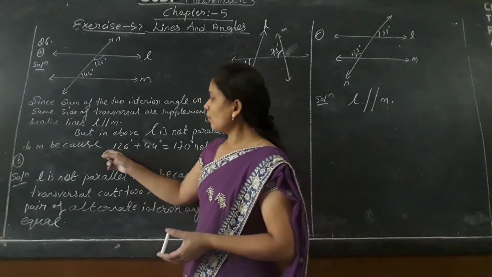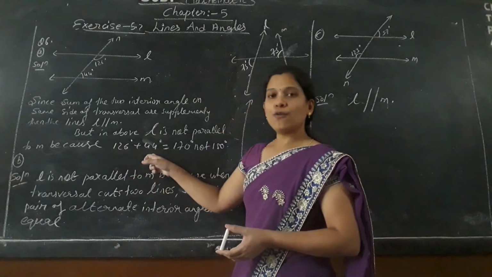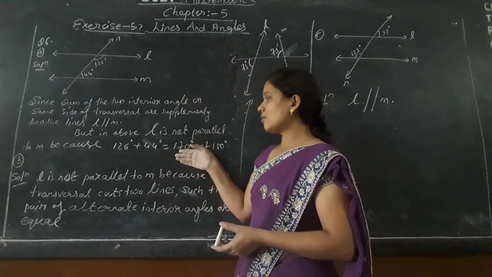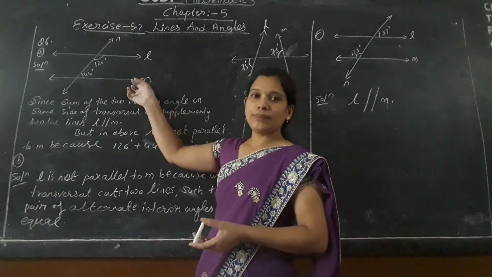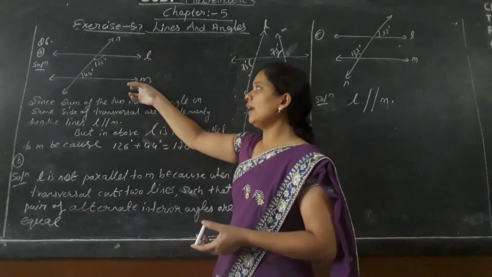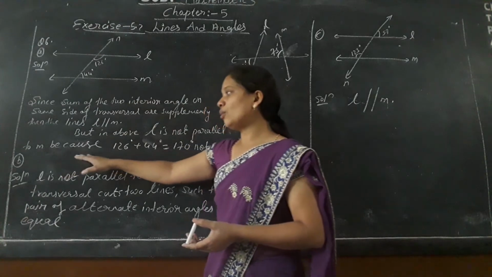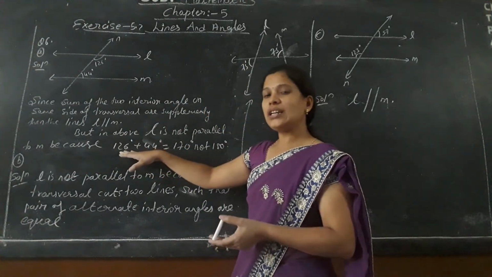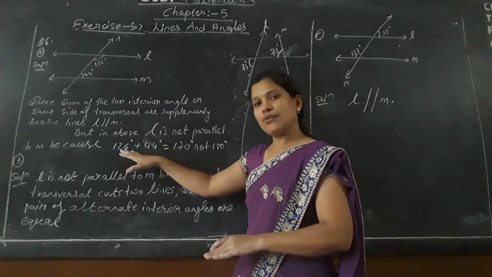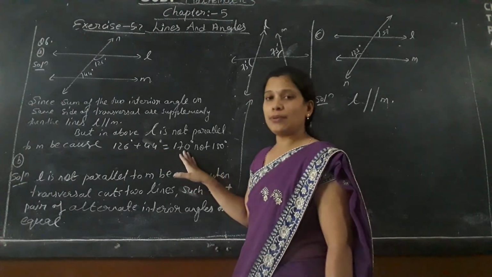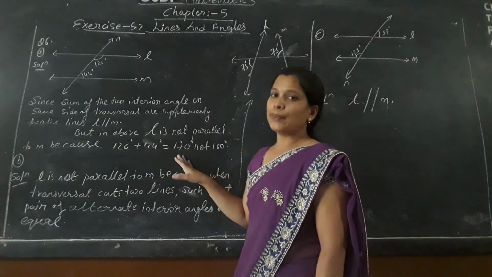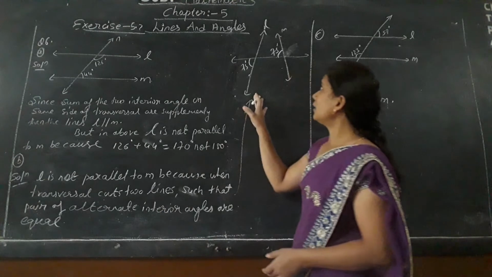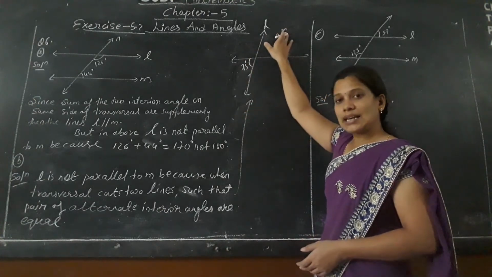Okay. So when you add 126 plus 44, what is the answer? It comes to 170. That's why it is not a parallel line. Line L is not parallel to line M. Why is it not parallel? Because when we add both the interior angles made on the same side of the transversal, it is not coming out supplementary. That's why it is not a parallel line. Clear? Second, the second figure is given, and it is asked whether line L is parallel to M,